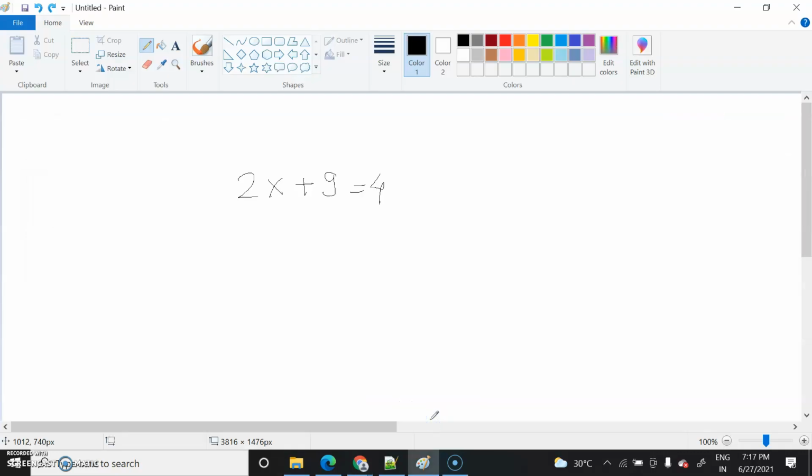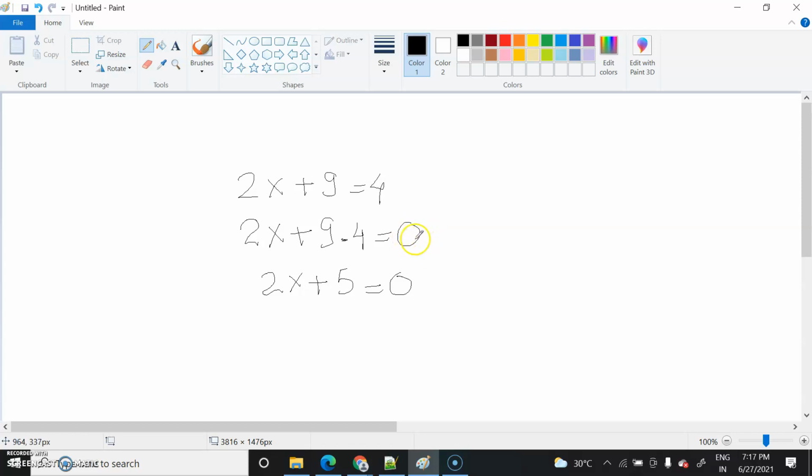In order to solve this, I need to take this 2x plus 4 and move the 9 to the left-hand side as minus 9, and I am going to equate this with 0. When you solve this, 4 minus 9 will become minus 5, so 2x minus 5 equal to 0. How does this 0 come?